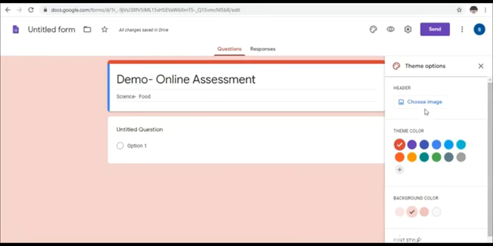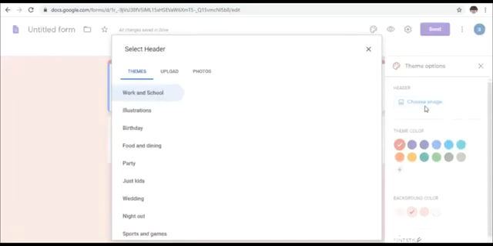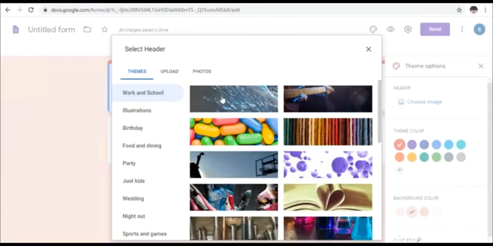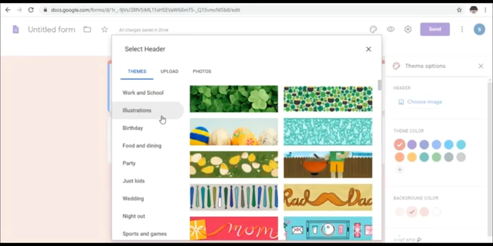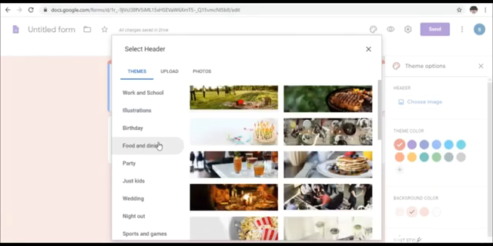And if you wanted to have any image for your form, you can do it. As it is a food lesson, I would like to take some pictures related to food.